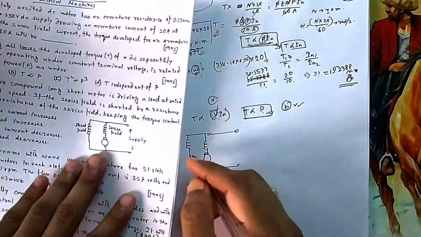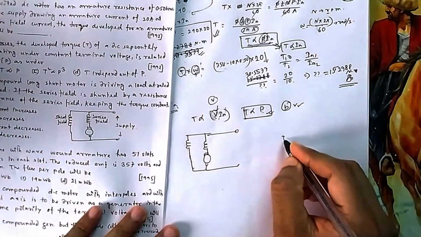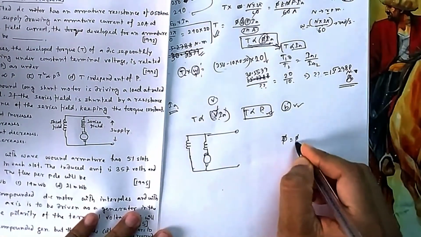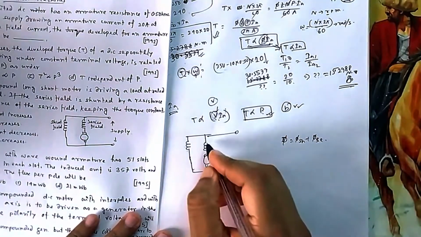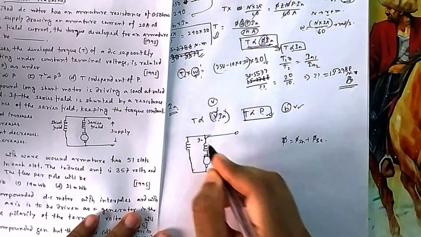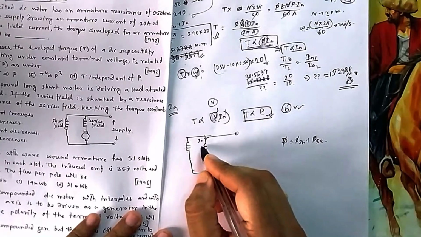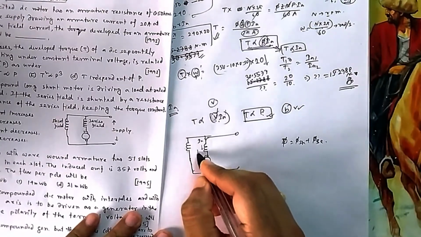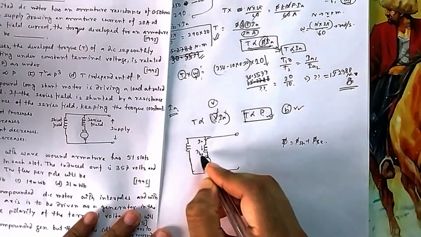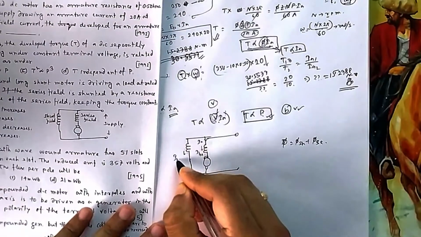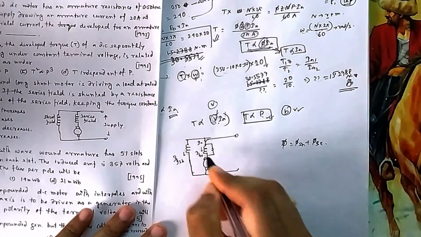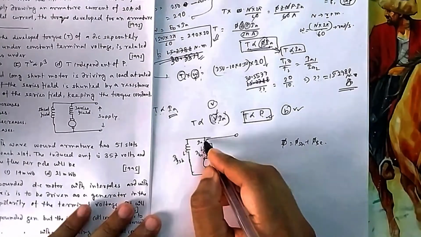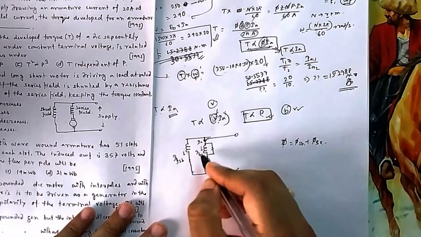And it is cumulative, so both these fluxes are added. So your total flux was due to the shunt field and due to the series field. So this is the series field, and this is your Ia. This itself was the series field current also, and this is your IF for the shunt field. Now if you connect a resistance here, what will happen? Suppose this current Ia is the same.